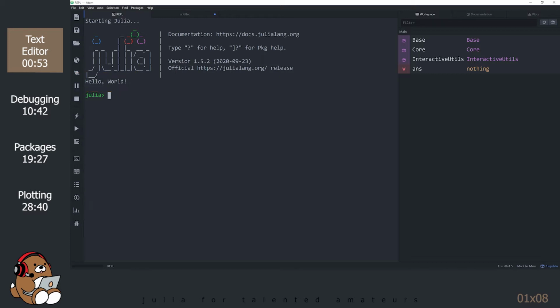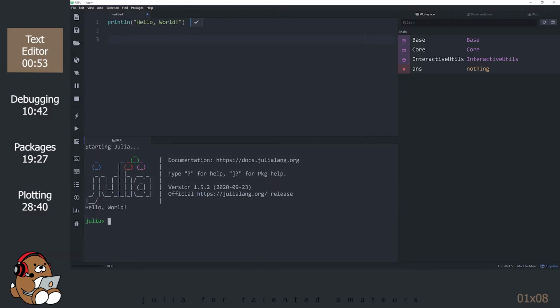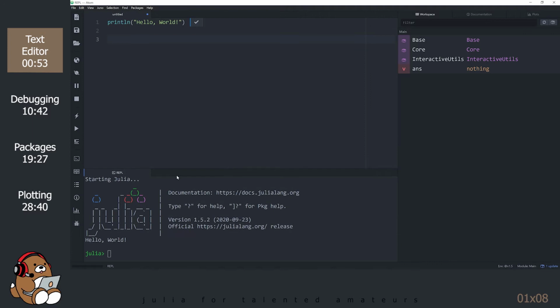That's great, but it's inconvenient to have to click back and forth between your text document and the REPL. You can move the REPL panel by clicking on the REPL tab and dragging it to some other part of your screen. A lot of developers like to have their text document on top and have the REPL on the bottom, so you can see both at the same time. You can adjust the size of the REPL panel by clicking and dragging the horizontal bar between the panels.